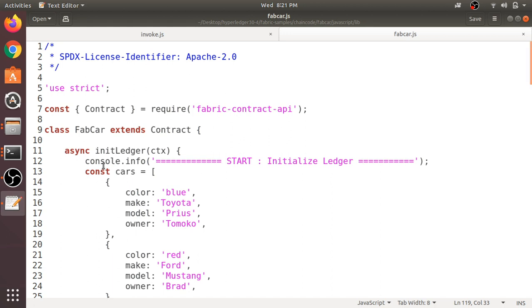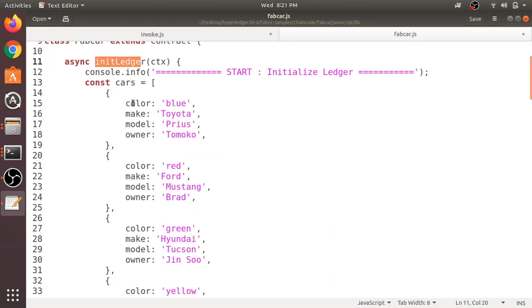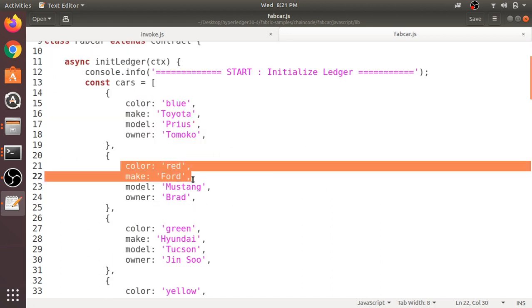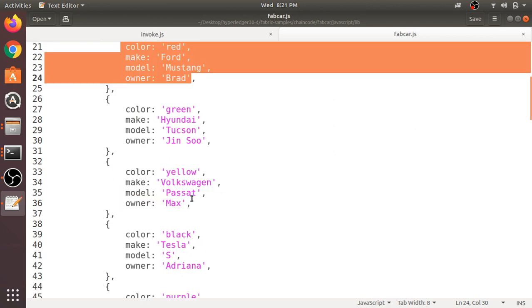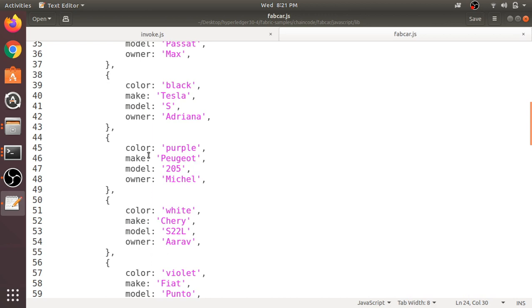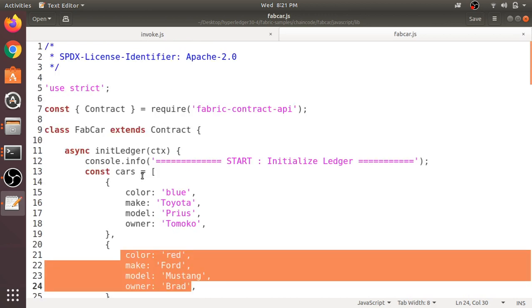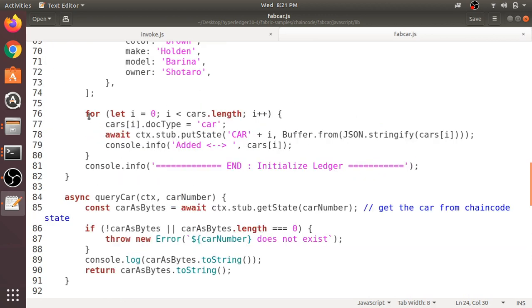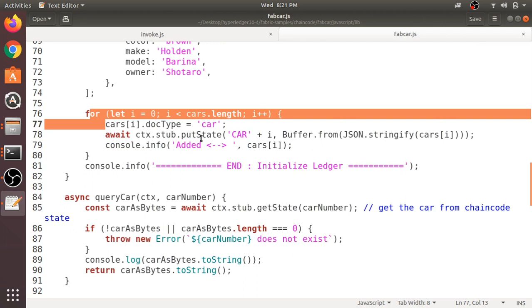So here we can see there is an initLedger function, and initLedger is initiating certain values while it's deploying. It is initiated with details of different cars. Here you can see an array containing different data regarding many cars, and in this for loop it's putting